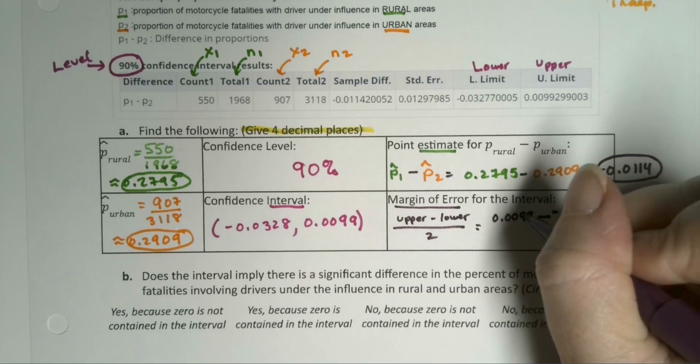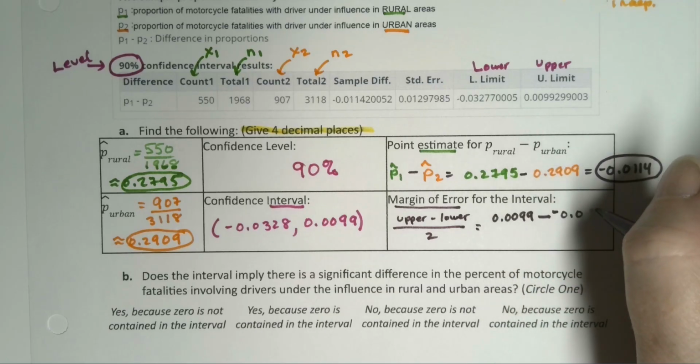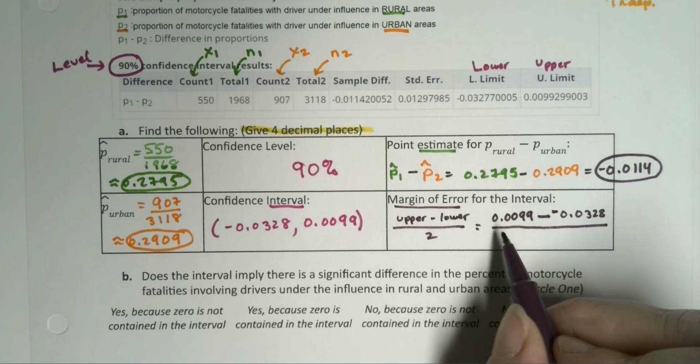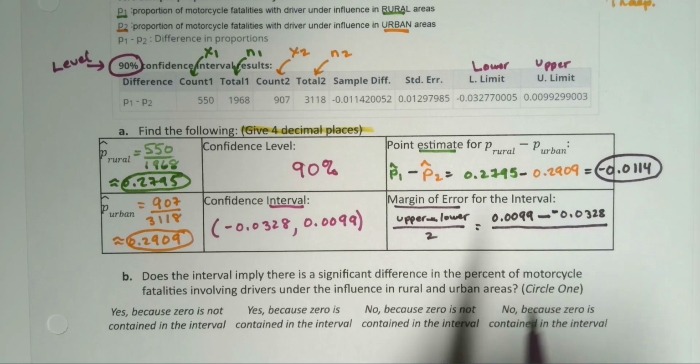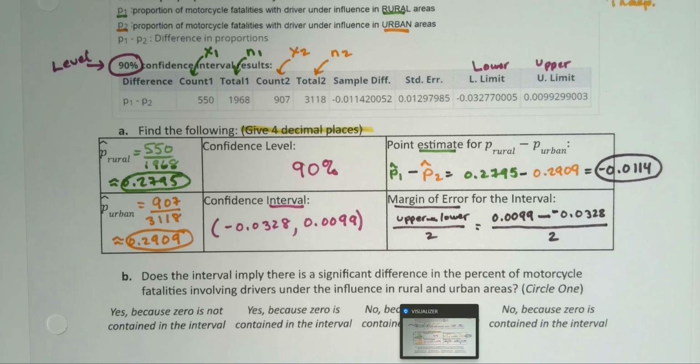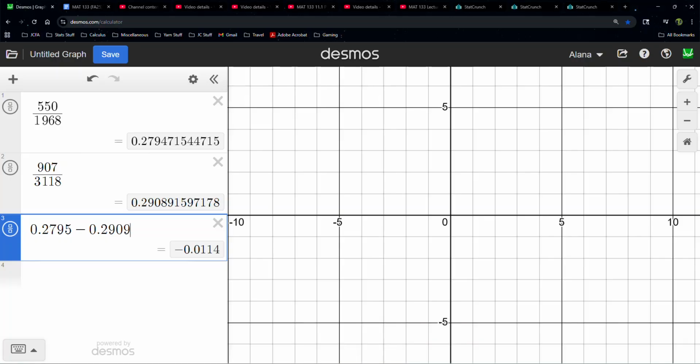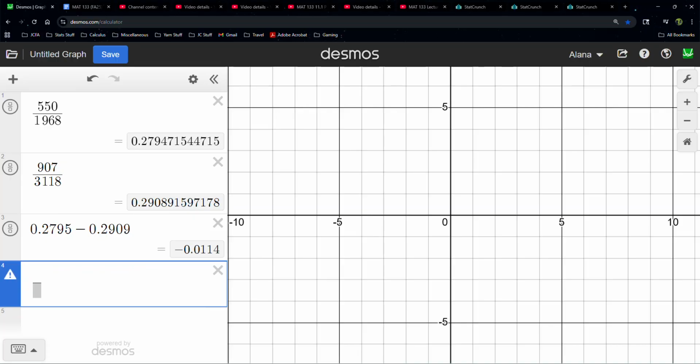So 0.0099 minus a negative 0.0328. Right? The subtraction from the formula is still there, and then it just happens this number is negative. And then we divide. Okay, so let me grab Desmos and type that in. Now remember, if we want to make a fraction, the easiest thing to do is to hit the fraction button first. Then we take the upper number, 0.0099, minus the lower number, which was a negative 0.0328, and we divide